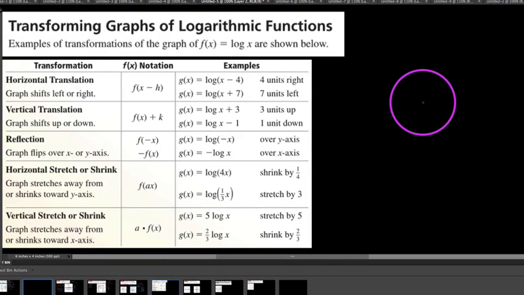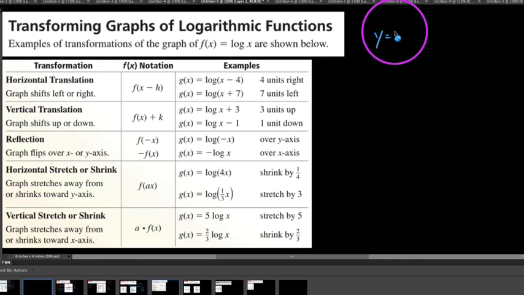Okay, YouTube, this is my continuation of sketching transformations of exponential functions, in which what we're going to be doing is taking a look at sketching transformations of logarithmic functions or their inverses. Since a logarithm is an inverse of an exponential function, the very first thing we want to indicate